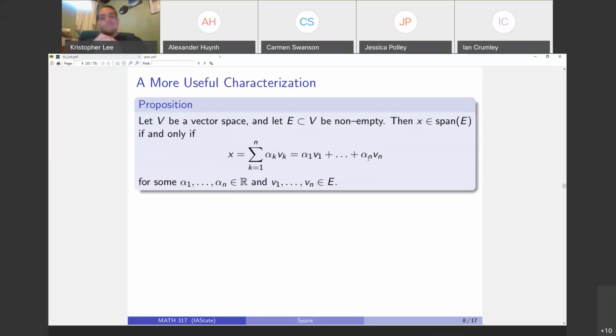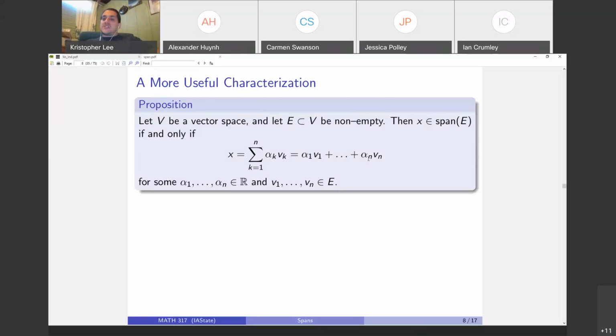Anyway, we're about to prove the following statement. So note what it's saying. It's giving me a characterization of what the span is. Okay. So if you let your mind flow back to our corollary, part D,